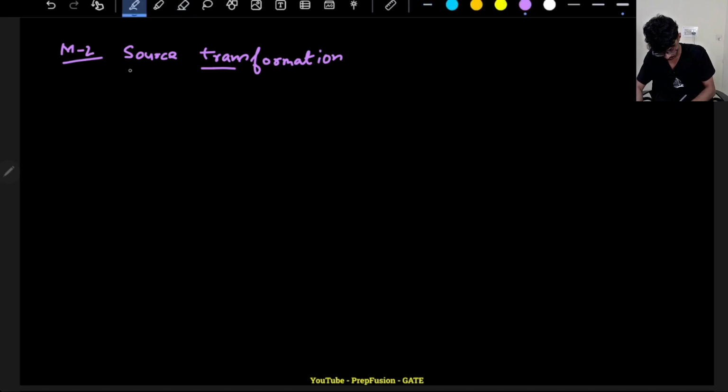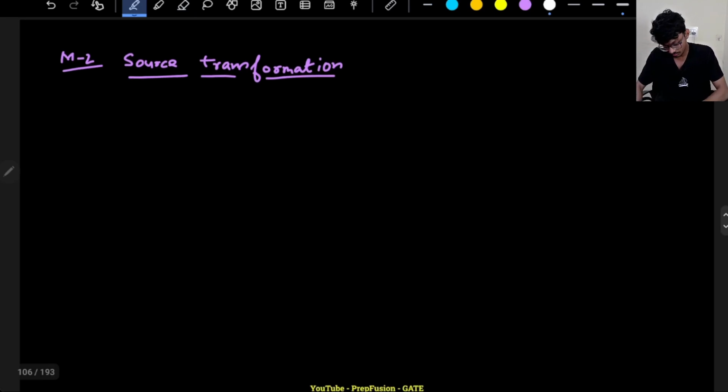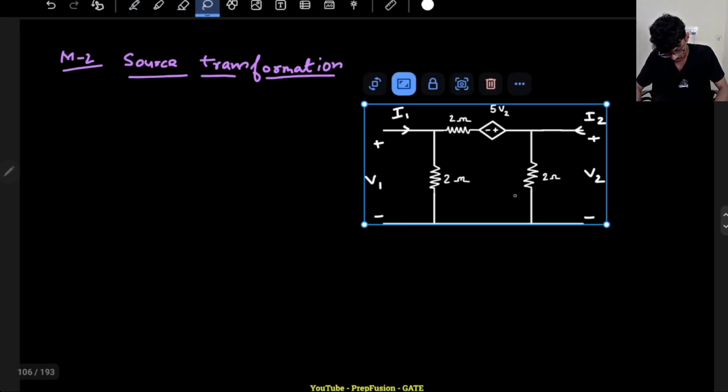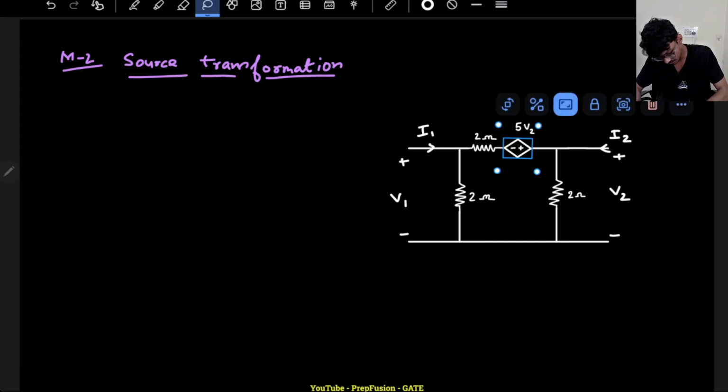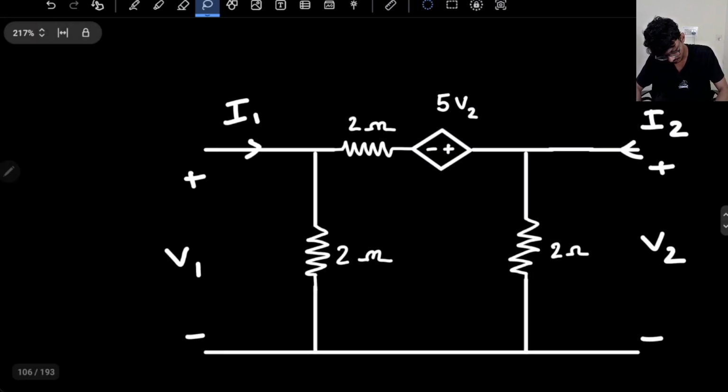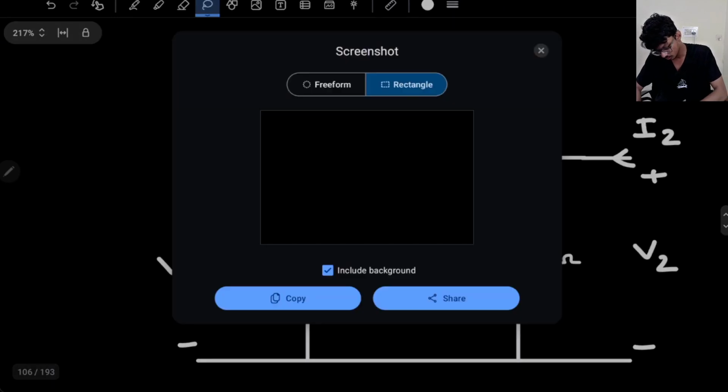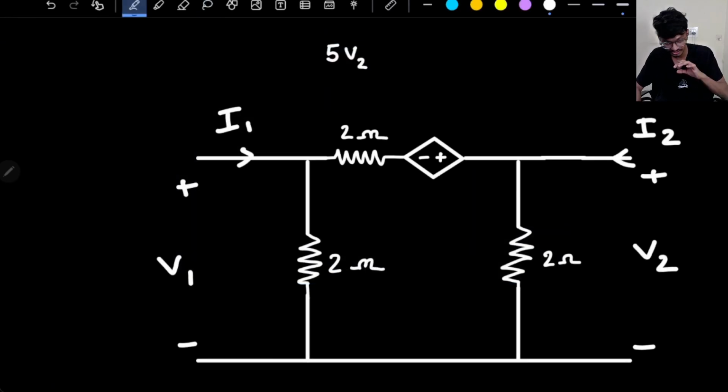Okay, so source transformation. What you will do with source transformation basically, this much you know, right? You can convert a series voltage source into a current source. So this 5V2 can be converted to a current source whose current rating will be 5V2 divided by its internal resistance, that is 2. So 5V2 divided by 2,